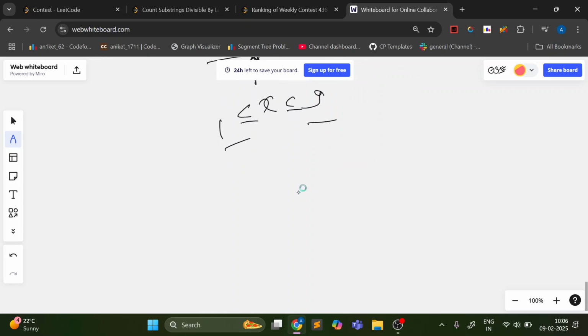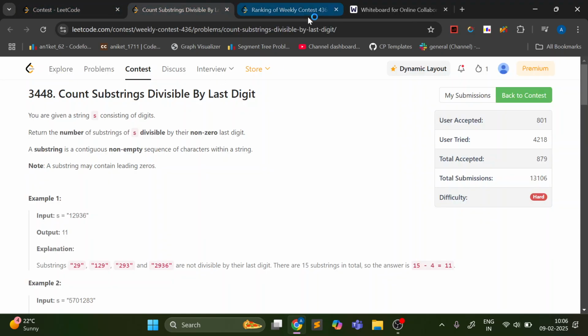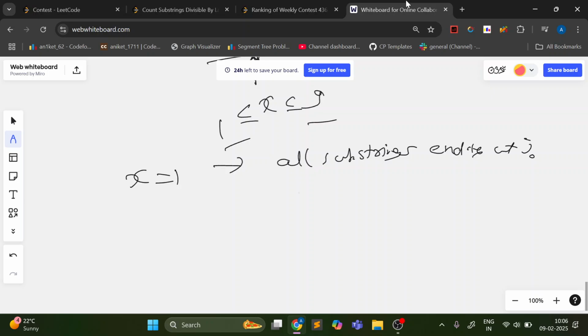Now X can be 1 to 9. Now try to write cases for each of them. Let's say X is 1. Then my answer would be all the substrings that are ending at I. Here also we don't need to worry about leading zeros. So 001 also can be one substring. So in this case, all the substrings which are ending at index I. When X is equal to 2, the divisibility test of 2 is that the last digit should be divisible by 2. Here it is already 2, so we don't need to check it. So here also all the substrings which are ending at I